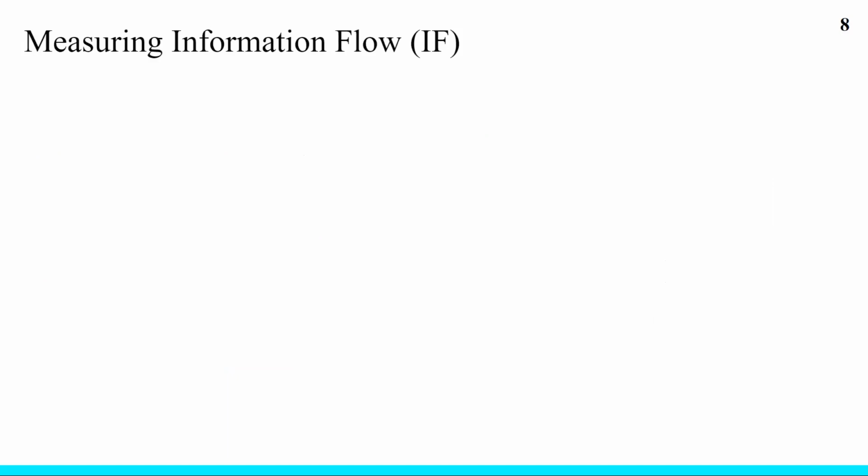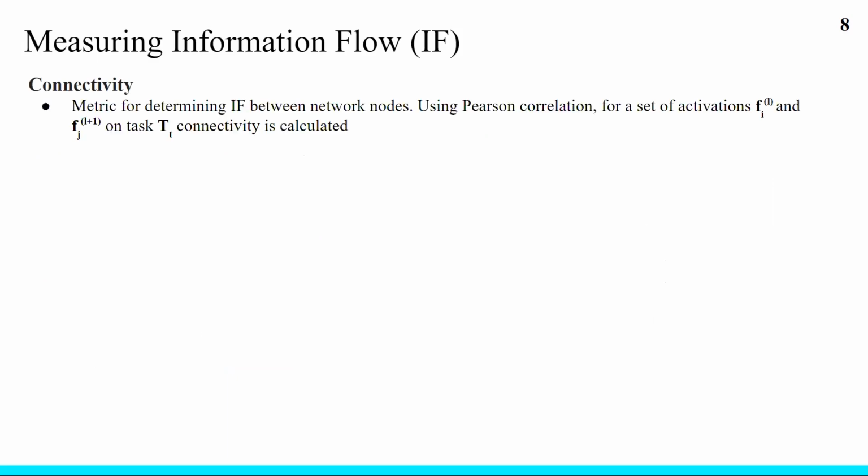And of course, the idea here is that we're looking to use information flow as that importance measure, and to do that, we would need a way to measure it. Which leads to my definition of connectivity measures, or the measure of connectivity, I should say, where connectivity is measuring the information flow between a pair of nodes or neurons in the network, where each neuron for a set of